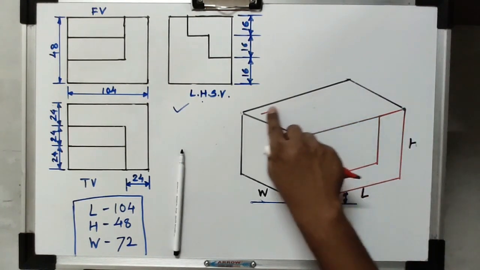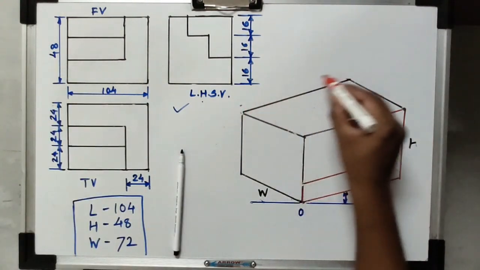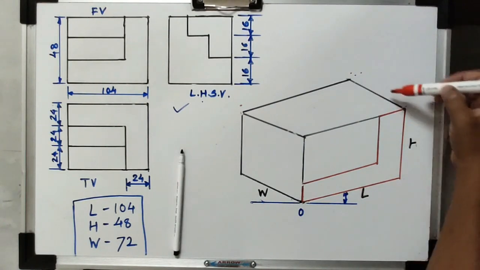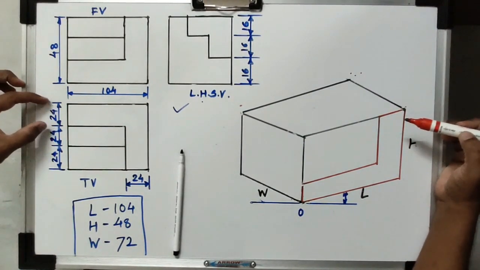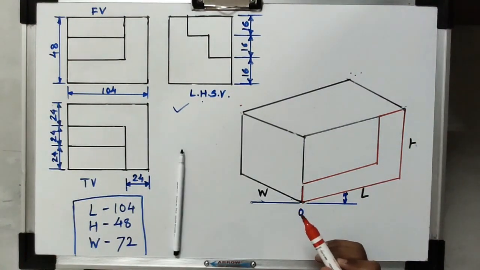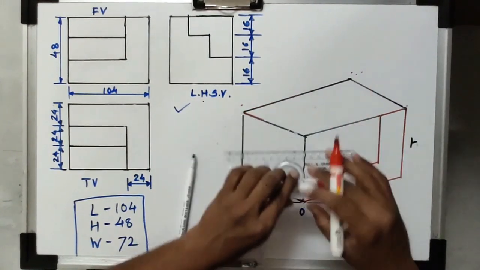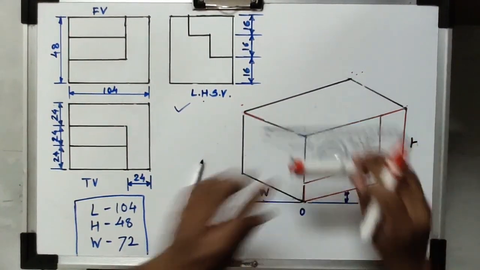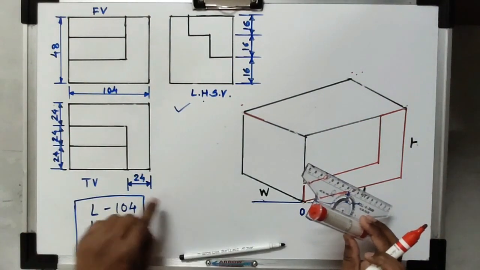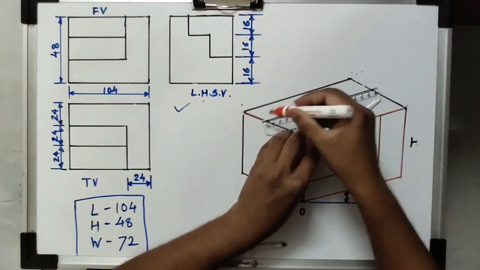And what is the length and what are the dimensions? The length of this portion is again 104. This is the complete 104 mm. Then this is the width we already represented here, 72 mm. Then the width of this portion is 24 mm, that is from the left side corner point. Left side corner point means this one. We have to represent the 24 mm width in this way. And then what is the length of this portion? It is again 80 mm, means 104 minus 24, that is the length of this portion is 80 mm. That we have to represent here.